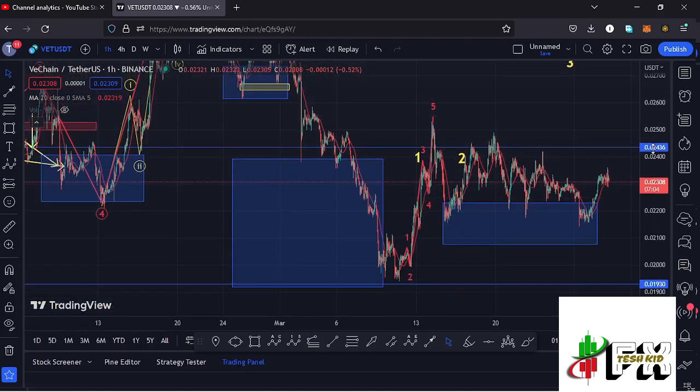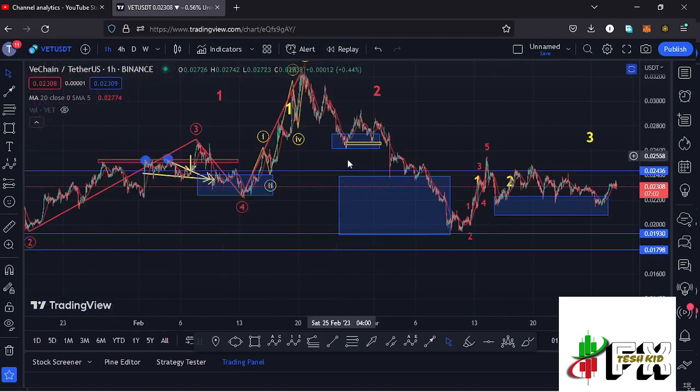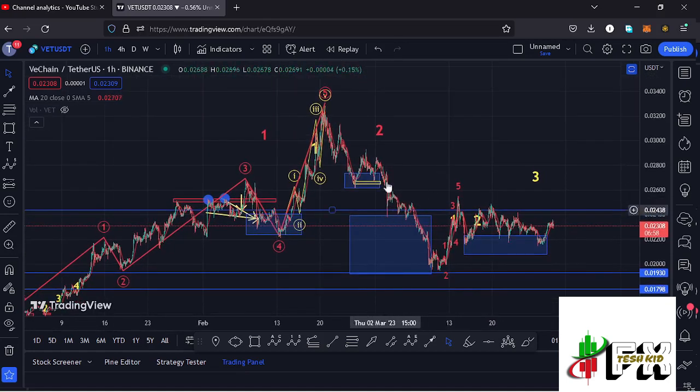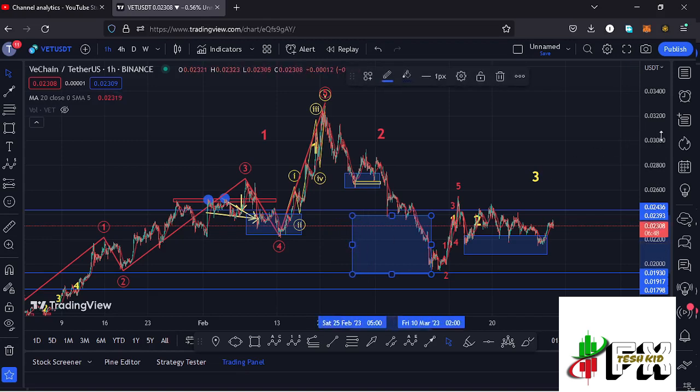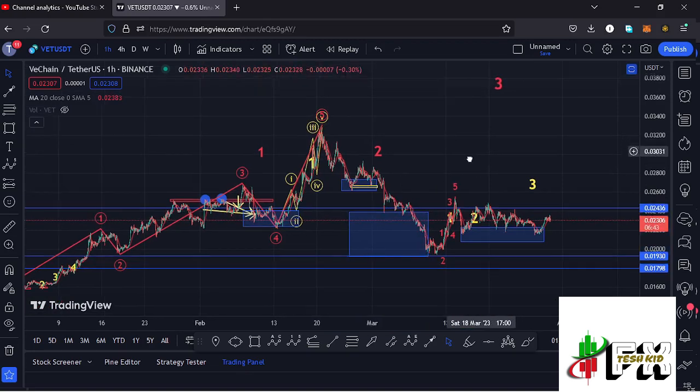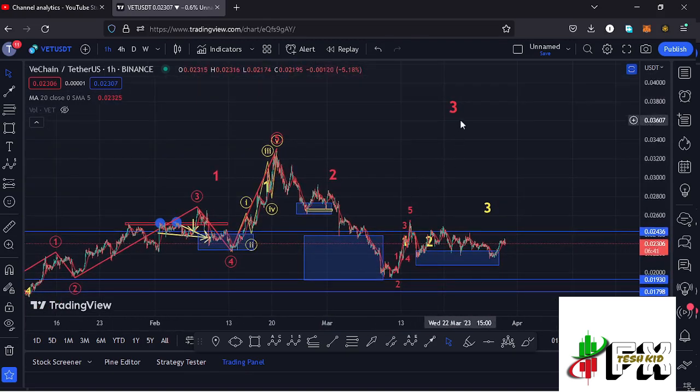We have also continued to obey the Elliott structures, where we had been seeing a bit of a breakdown to the lower side in the formation of this larger Elliott wave count 2, in a move that managed to get into the minimum retracement area. And having managed to get into the minimum retracement area, I now believe that we have bottomed out in the formation of this wave 2, and whatever we are seeing at the moment is the start of a massive run up to the upper side in the formation of this higher Elliott wave count 3, and all this is playing